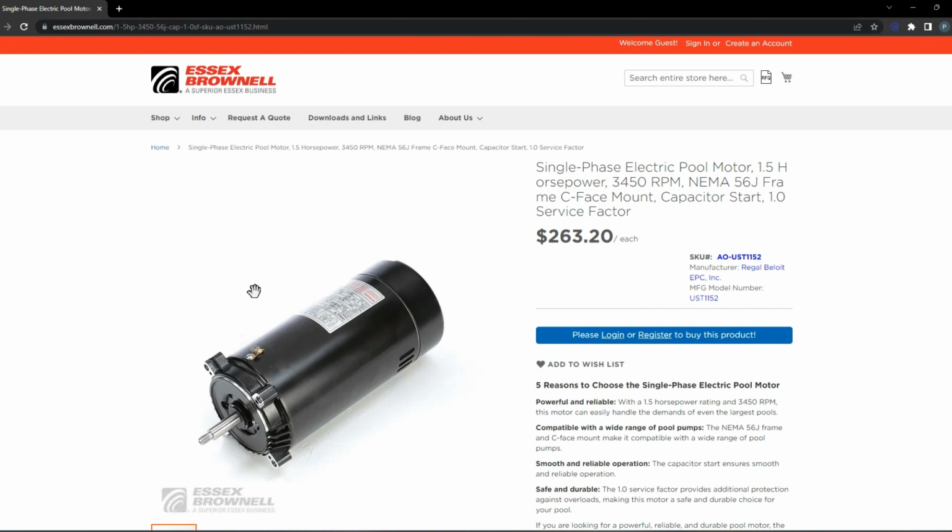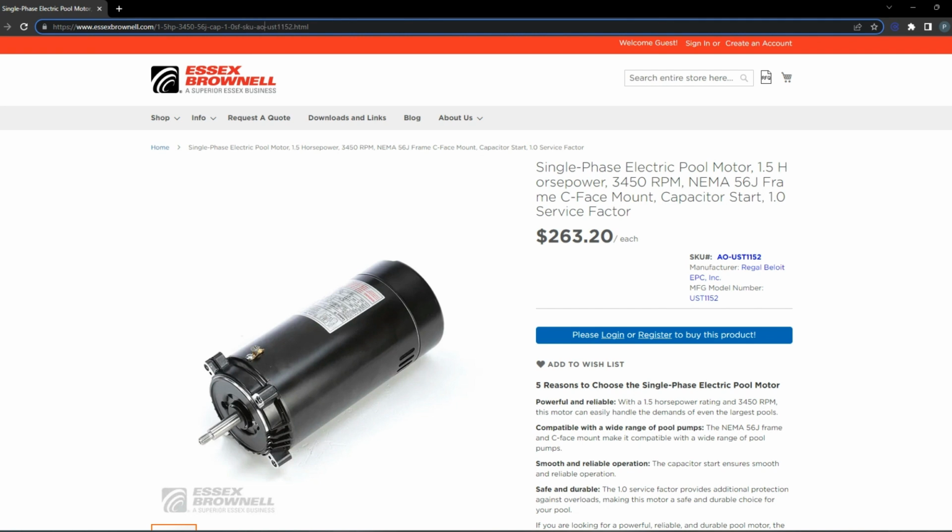And what I want to look for with products specifically is their SKU. So this product SKU you can find right here is AO-UST1152. So I want to find what in this URL is specific to this product. So in the case of products, this is of course the SKU. In the case of other pages, you might have to find what element in the path uniquely drives you to this page. But what I can do, since this is a product, is I can look for the SKU where it says SKU,